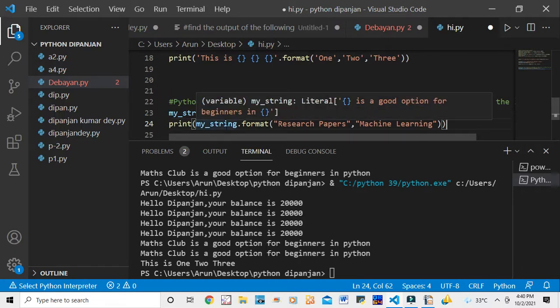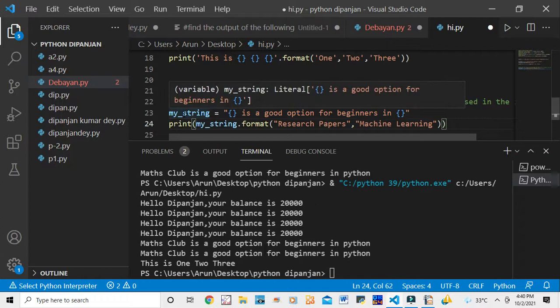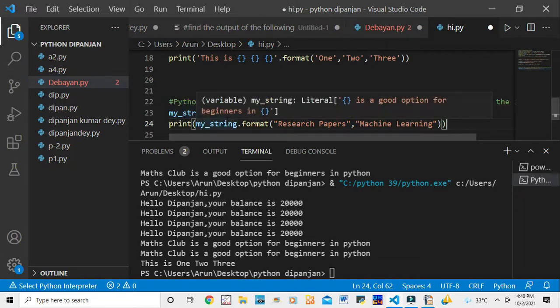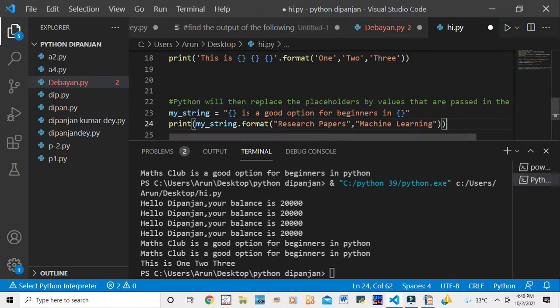My string I have written with an underscore. You can check it, only string you can write also. Now you see, in the first curly bracket it will show research paper, second curly bracket it will show machine learning.